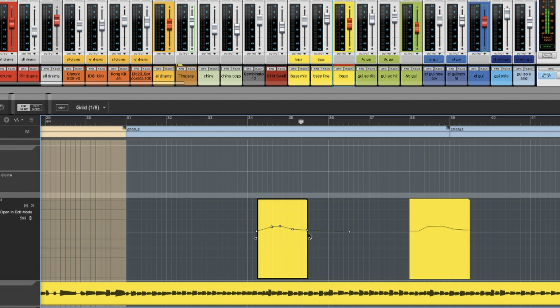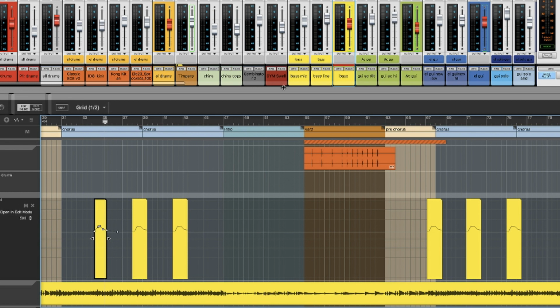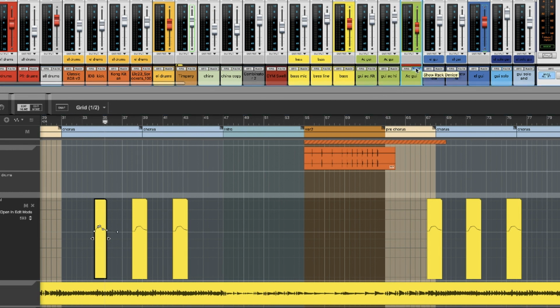There you go. See, just keep it simple. You can do automation with accent effects, with panning also. So it's pretty powerful using automation. In the acoustic guitar,